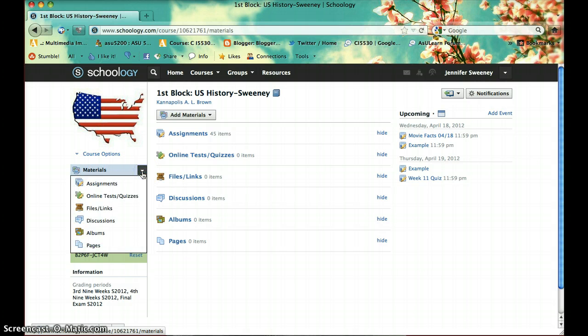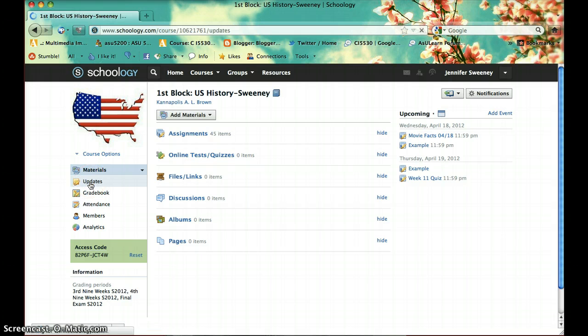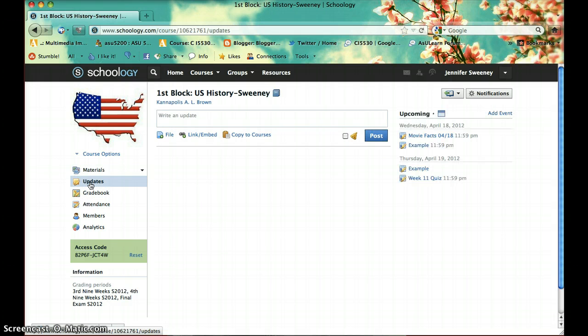Materials is the same exact thing that's on the right. So you have it here, and then you also have it here. It's just a faster way to get to the assignments or quizzes or files or links or discussions. The updates would be things that people in this class have written to each other, or that I've written to this class. You can also see the grade book,